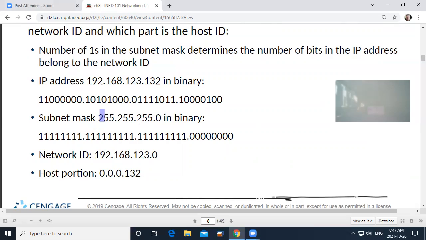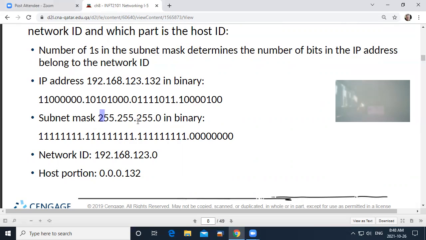So in a C-class network, we can only have 255 hosts, well, 254 actually, because 2 of the addresses we can't use. But this is how 255.255.255.0 looks as a base 10 number.